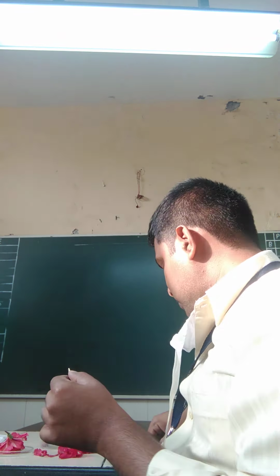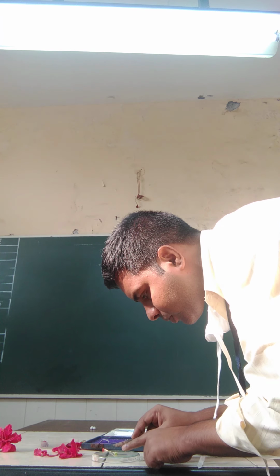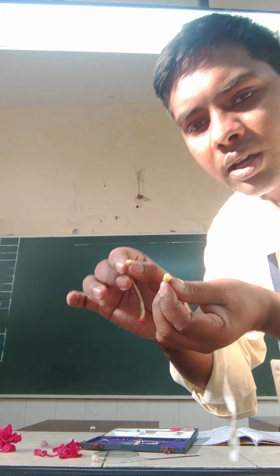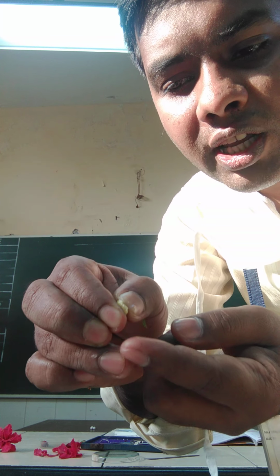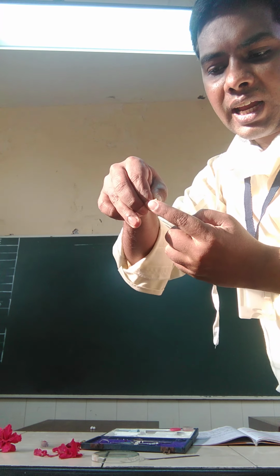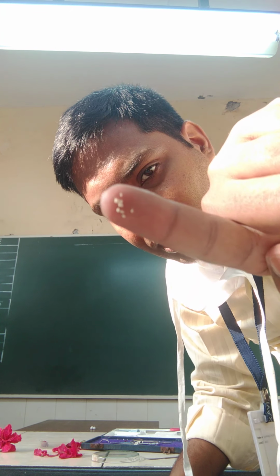I'll just cut it. I'll remove the egg cells and I'll show you how it is. Now, just a second, students. I'll use this knife. Just a second, students. You can see. See, divided in two parts. I'll just press it. When I press it, the egg cells will come out. See, you can see egg cells are coming out. You can see, students. Just a second, I'll take it on my finger and I'll show you. See, you can see, students, egg cells.